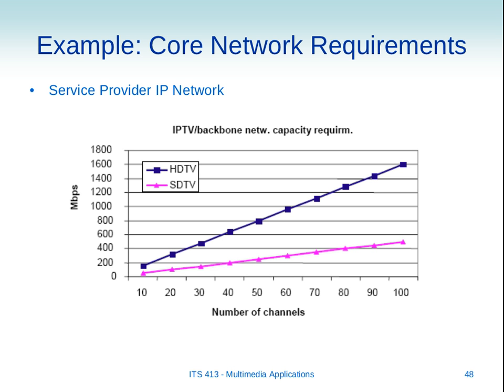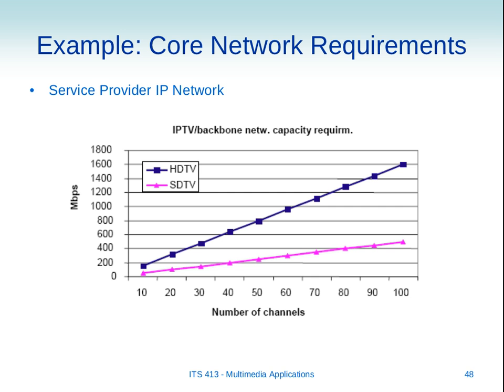So we see on this axis the number of channels, and if each channel requires, say, in this example, the assumption I think is a HD TV channel requires about 16 megabits per second, approximately. One channel of HDTV in this plot requires 16 megabits per second. So simply, it's a linear increase. As we increase the number of channels that we want to offer to the customers, the capacity required in the